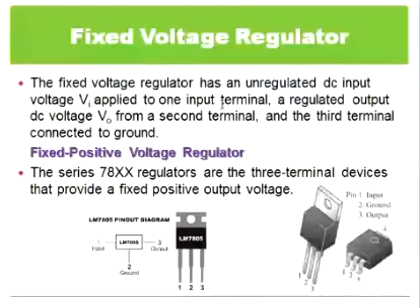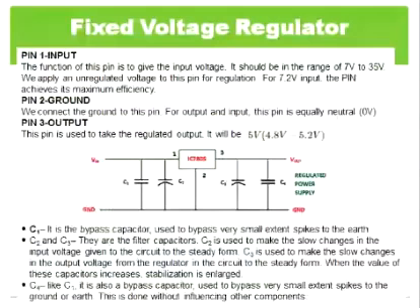The IC chip has 3 pins. One is the input terminal, the second one is the ground terminal, and the third is the output terminal. So this is 1, 2, 3. On the left side is the input, the center is ground, and the third is output. This is different for the 79 series; the order is different. Now, how is this IC used as a fixed voltage regulator? The input is taken between pin 1 and ground. Ground is the common terminal, that is the second pin. The first one is the input terminal.